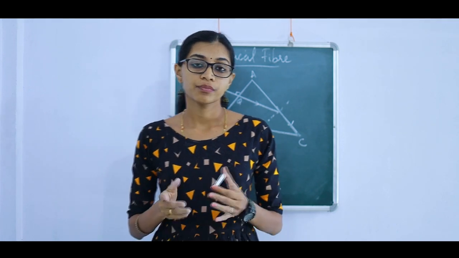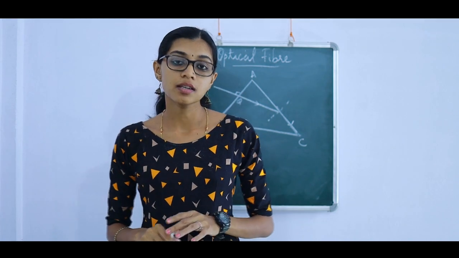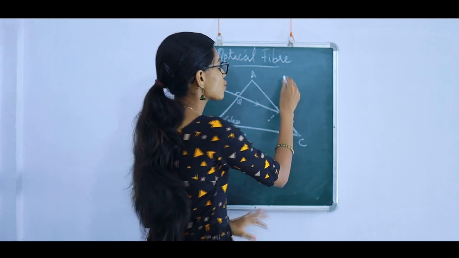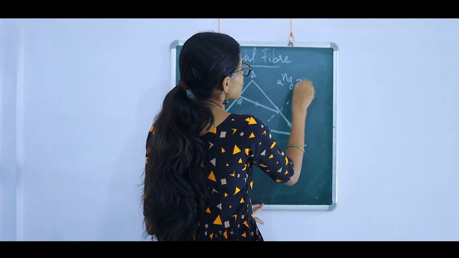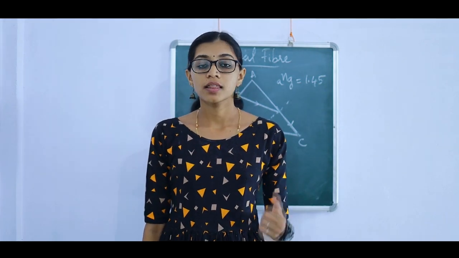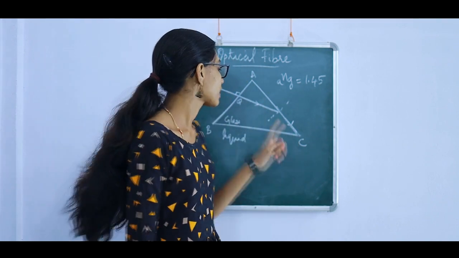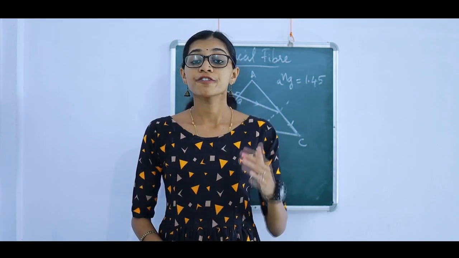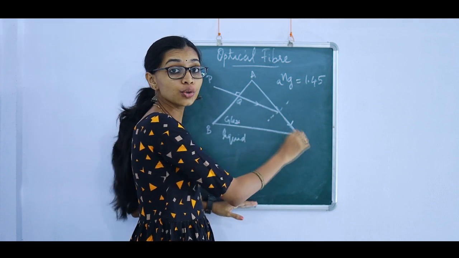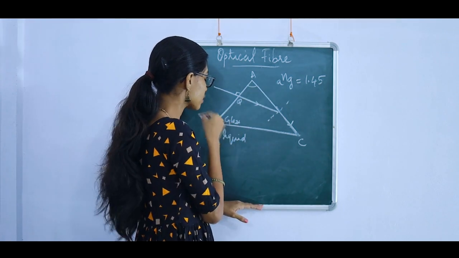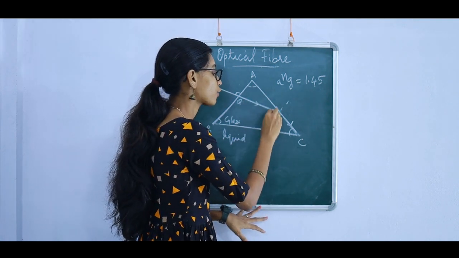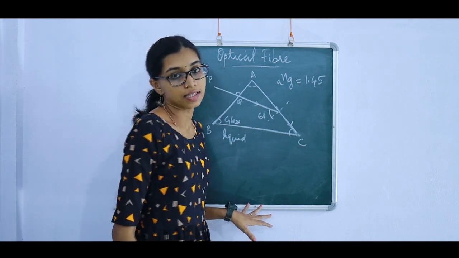So how to go about the question? One thing that is given in the question is the refractive index of glass, and that is 1.45. So the refractive index of glass with respect to air is given as 1.45. Now the first step is to find the angle of incidence. Now two more things. This is an equiangular prism. So this will be 60. This will also be 60. This is also 60. So if this is 60, then of course this angle has to be 60 degree.